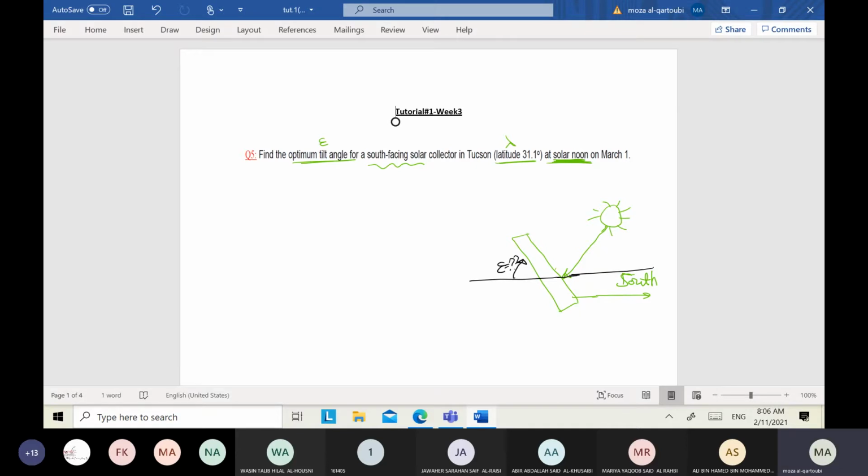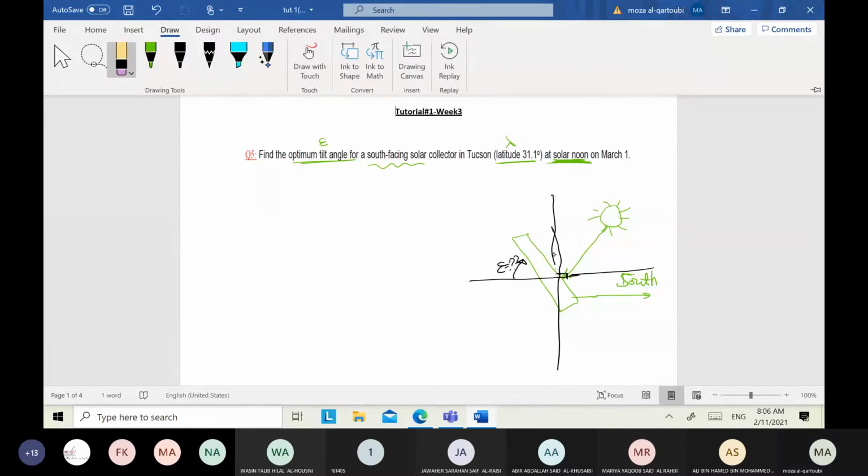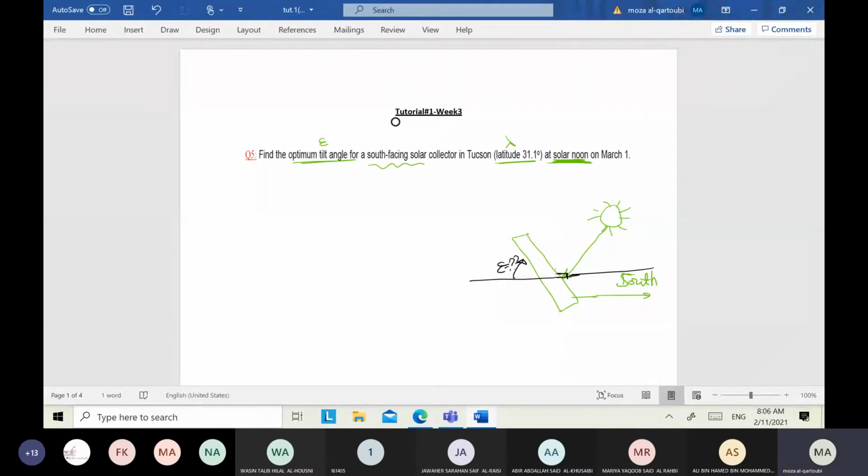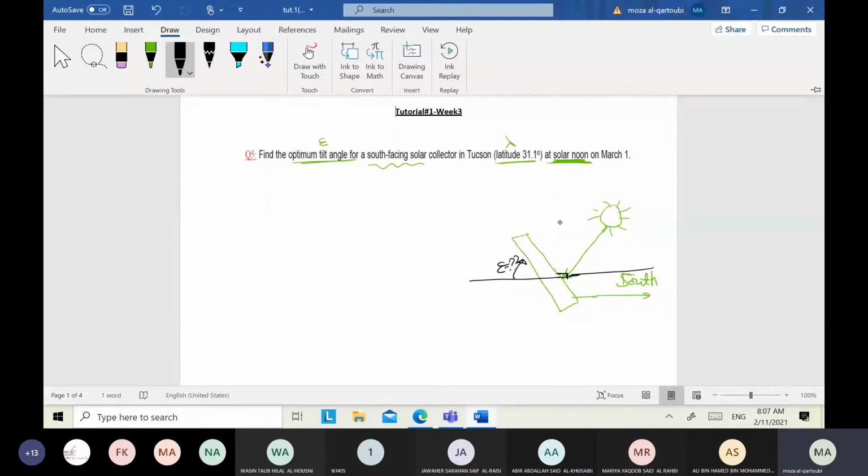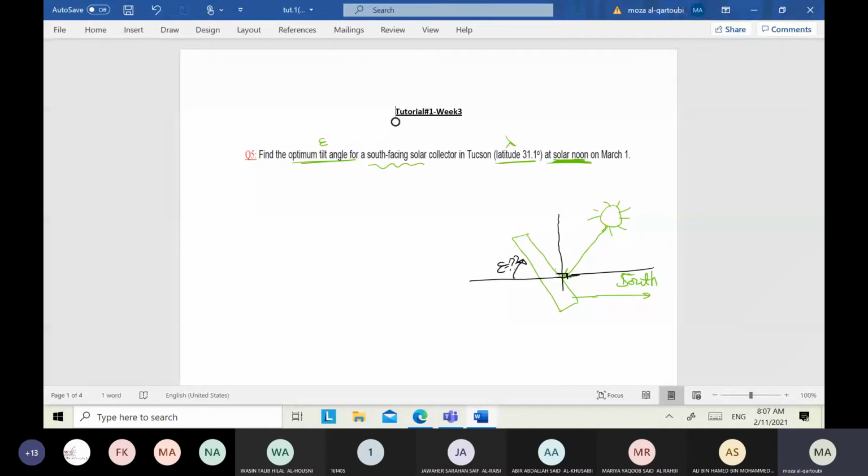If we know the ray of the sun will be perpendicular with respect to the collector, in this case this angle will be 90. With respect to the vertical axis, this is the vertical axis, it will be perpendicular, angle 90. So how to find the tilt angle? How can I find the tilt angle? I will give you one extra note. Okay, the angle between